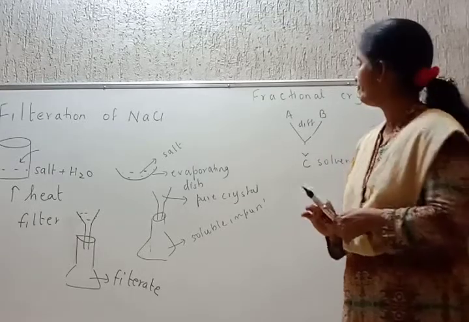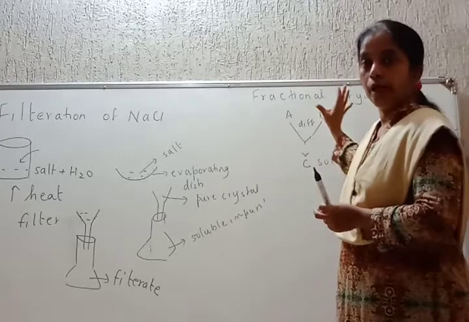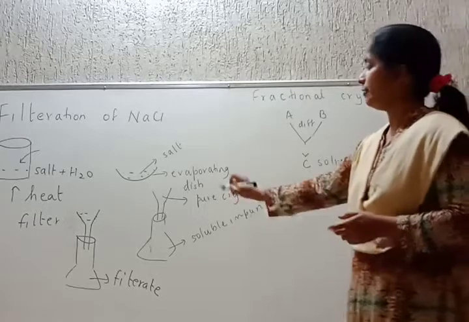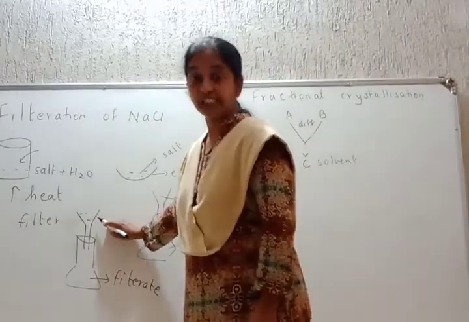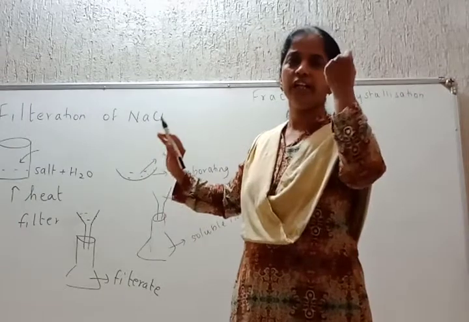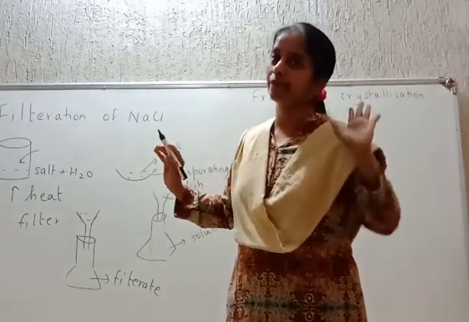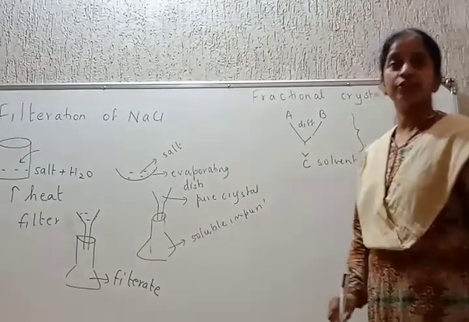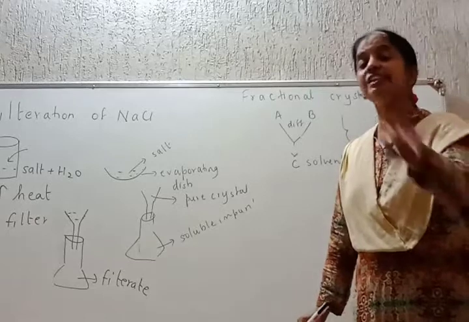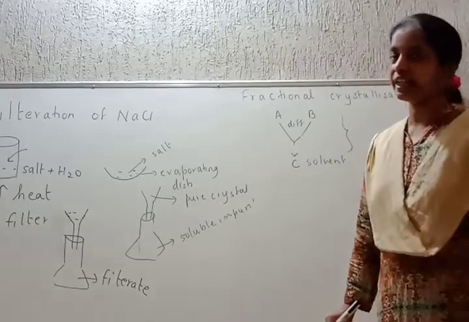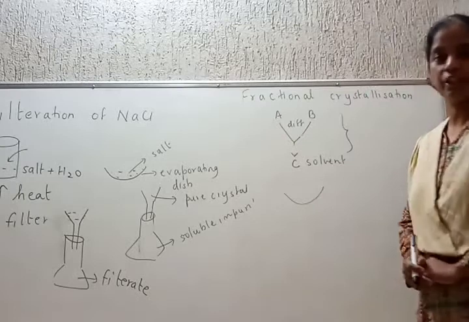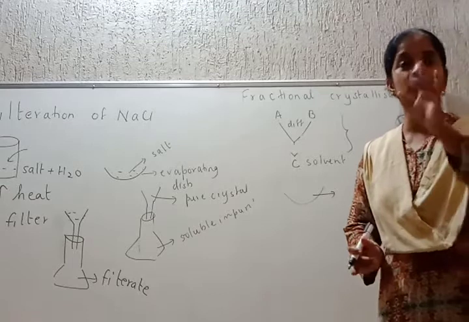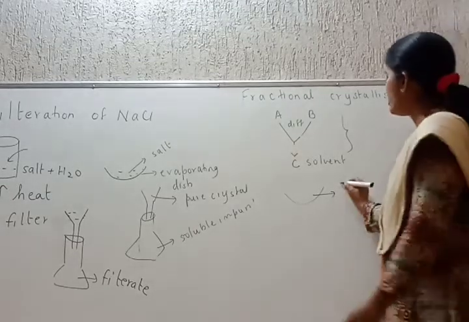First of all, the mixture is heated, poured over the funnel attached with filter paper, such that the dust particles or the impurity gets stuck to the filter paper. Now this solvent with these two solutes is free from insoluble impurity. Then take an evaporating dish, pour the solution which is free from insoluble impurity, and allow it to cool.